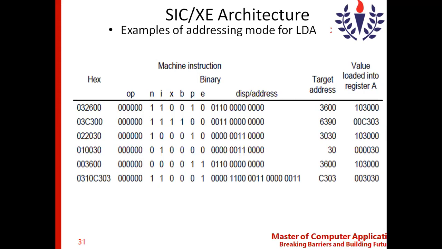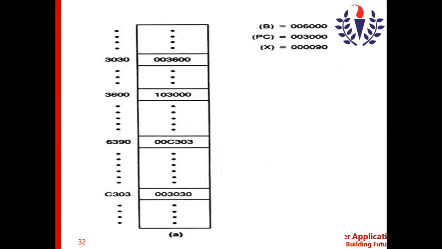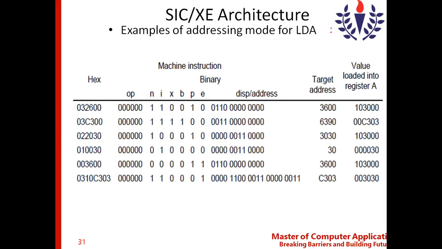And now if you look at the value in the target address, which is mentioned in the next slide. So the value in the target address C303 is 003030. That is what exactly you can see in the value field. Okay, so this is for the direct addressing. So we have seen simple addressing with relative also. We have seen simple addressing with direct addressing also. So the remaining calculations you can try by following the formulas given in the previous slides.